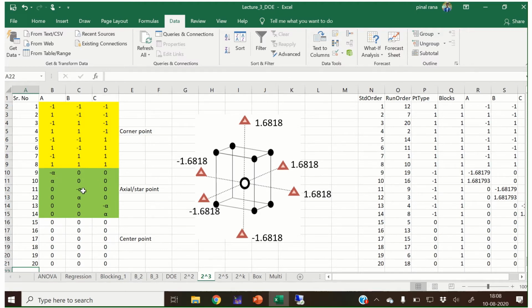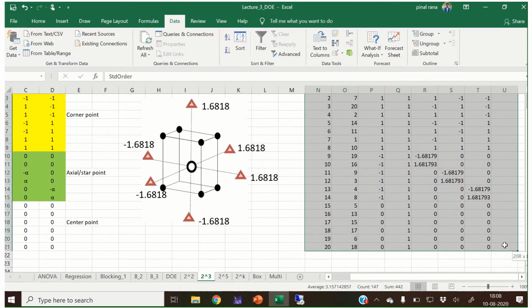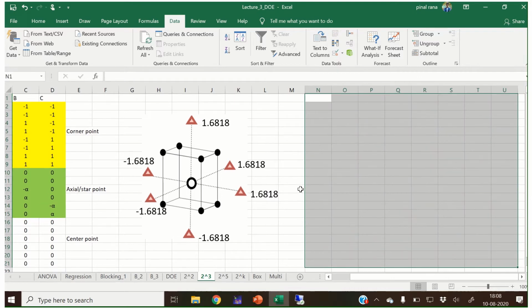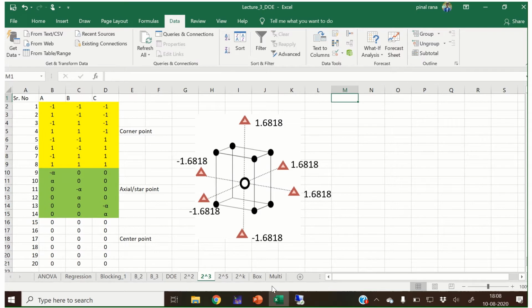Same way B variable negative and positive value, C variable negative and positive value, and for the center point I have taken 6 repetitions of the central combination in order to improve the accuracy of the model. Now we can create the same design in Minitab. Now let me show that.